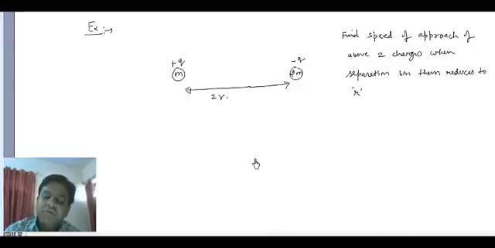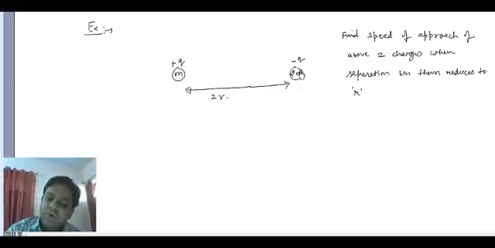In this problem we are given two charges of mass m and 2m having charge plus q and minus q. Obviously there will be an attraction force between these two charges plus q and minus q. Mass of the charges are m and 2m. Distance between the charges is 2r. So what is asked here is find speed of approach of above two charges when separation between them reduces to